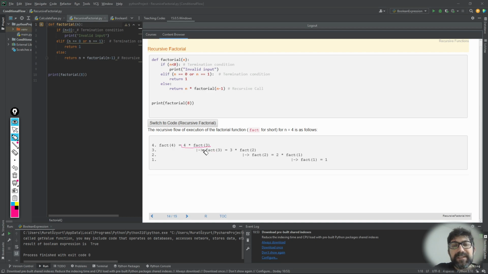It reserves this part, makes a call to factorial 3. There's no definitive result at the moment. So factorial 3 is actually 3 times factorial 2 according to this flow here. So factorial 3 is not 0, 3 is not 1. So it goes to this part: 3 times factorial 2. Okay, it writes this into the execution stack or execution hierarchy, and then it recursively calls